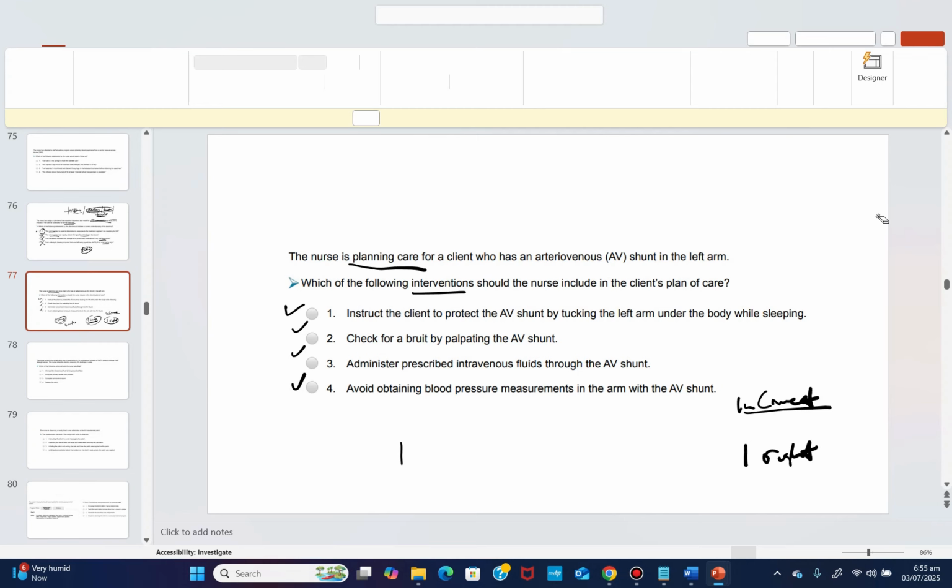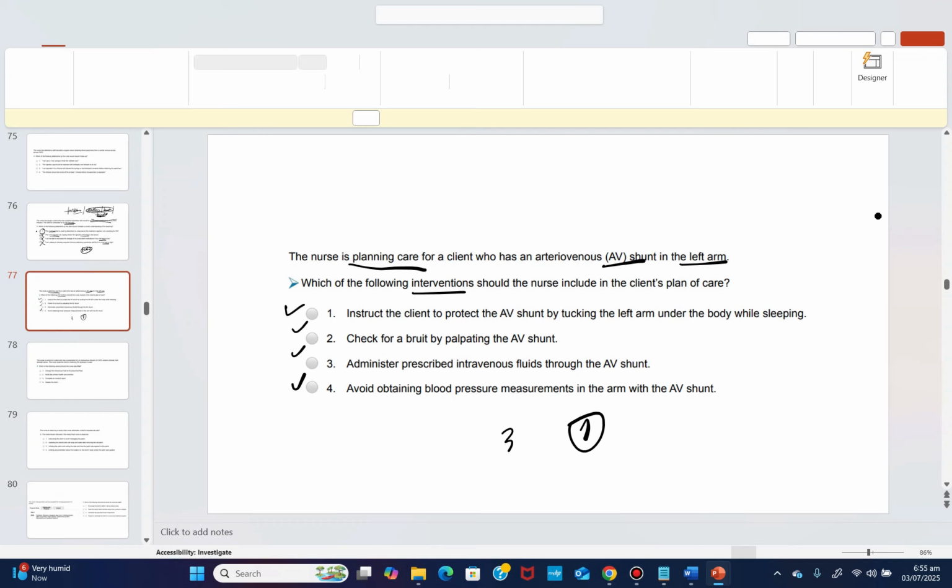But in this case, let's see what the examiner is asking. The examiner is saying which of the following interventions should the nurse include. So it's asking for a good intervention to include because obviously, if you are to plan care for clients who have an AV shunt in the left arm, and the examiner is asking you to include an intervention, you have to include the correct intervention. You don't want to cause problems to the patient. So yeah, you are looking for the correct intervention, meaning we have 3 incorrect interventions and just 1 correct intervention. So let's spot it out. Right, brilliant nurses, I know you can do this. So let's do this.